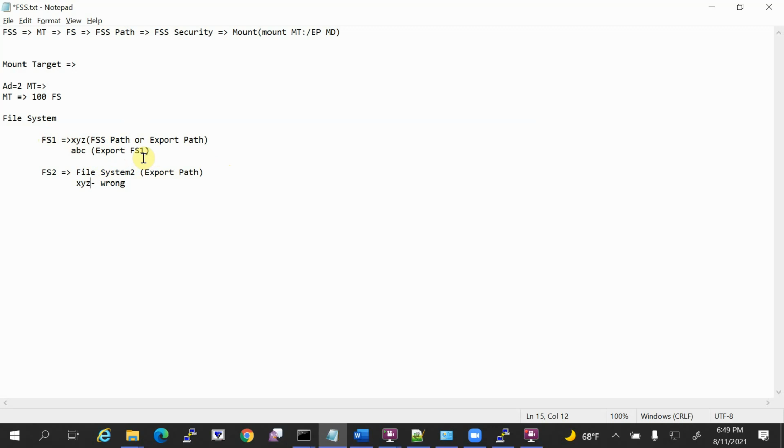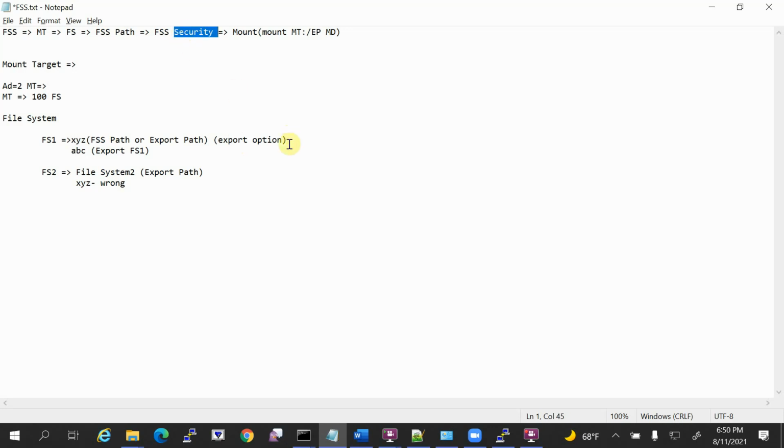Okay, maybe you can ask me, what is the necessity of having more than one export path? This is as per the theory. Suppose you want to mount a certain file system in one compute instance using some privilege, and in another compute instance using some different privilege, then you can use one option called export option, or they will call it FSS security.